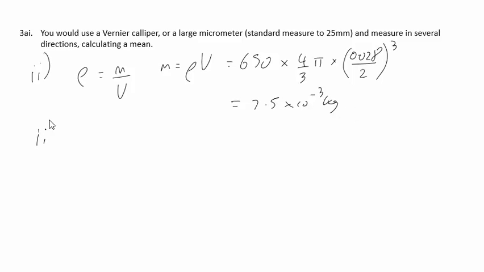For part 3, the sphere is now pushed below the surface of water. We're to find the force that needs to be applied to the sphere to keep it stationary under the water of density 1000 kilograms per cubic meter. Well, upthrust is equal to the weight of water displaced,